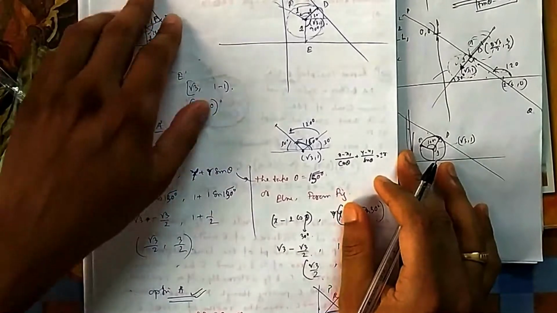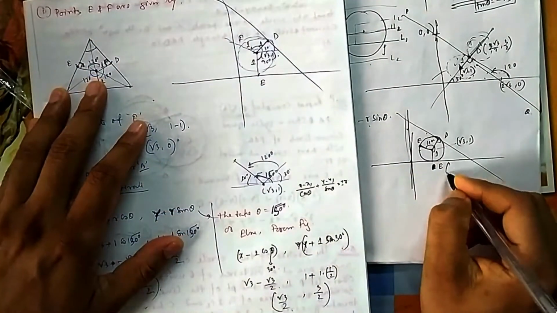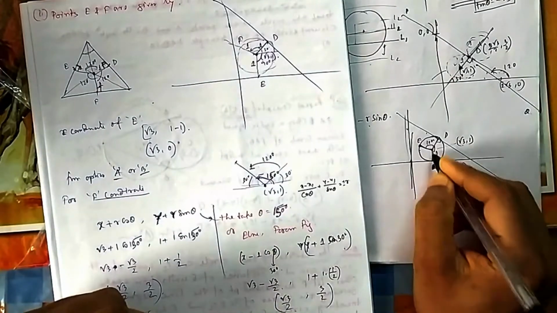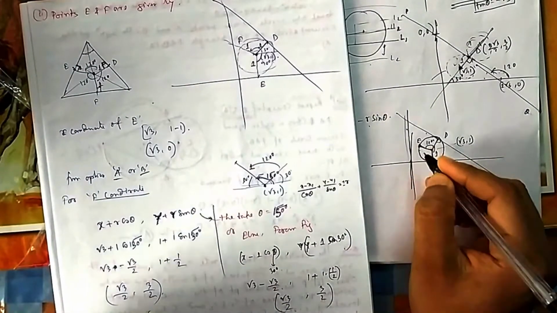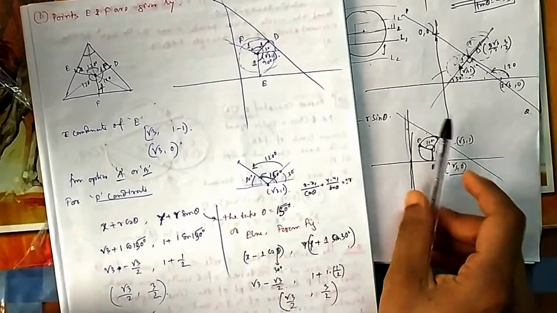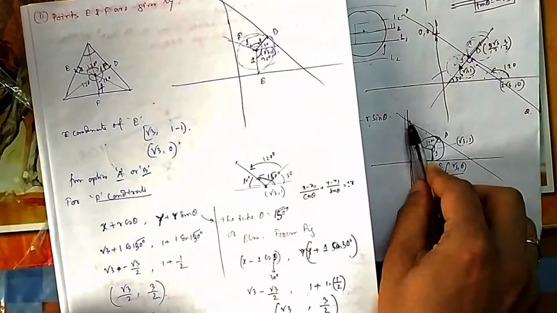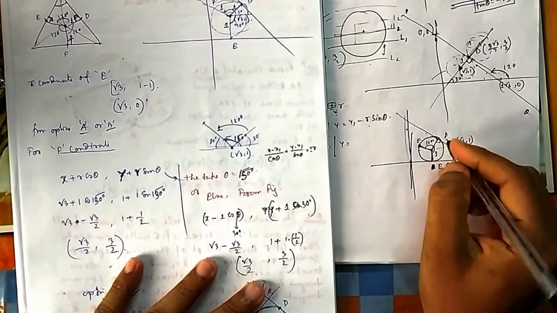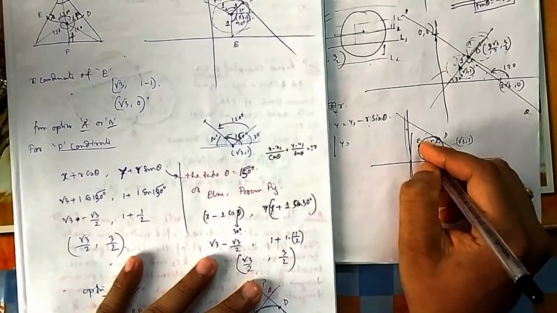Okay. Now what they are asking, the points E and F. So E you can easily say now, because it is 1 and this point is root 3 comma 1, so it should be root 3 comma 0. You need to find this point. For this point you can rotate this 1 to this position and then you can find. I told you how, in one question we solved, this coordinate we need to rotate it to this position and what will be this value.